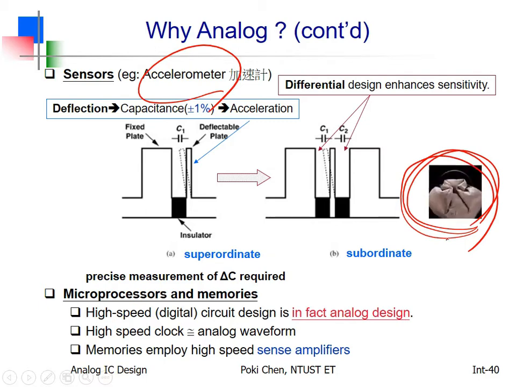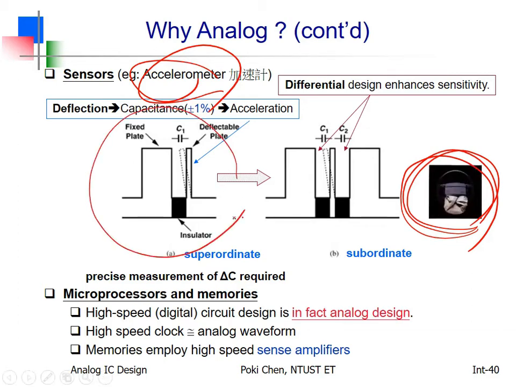Okay? So from the very beginning, tell me, how can you sense such kind of acceleration? How can you sense that? Oh, the idea is quite simple here. That is the first generation accelerometer in the cars. It has only 2 plates. This is a fixed plate. It means it cannot be bended. All right? And the other one is a deflectable plate. It can be bended according to your acceleration.